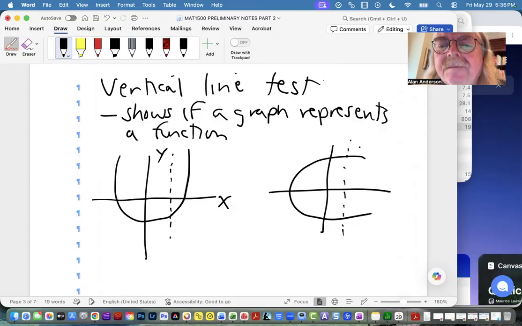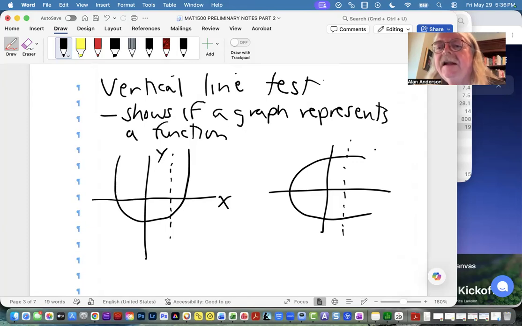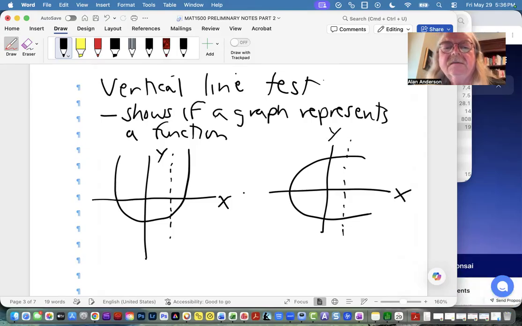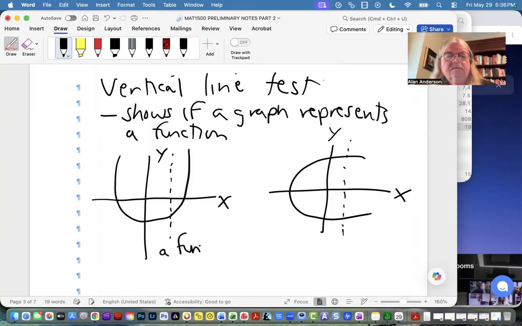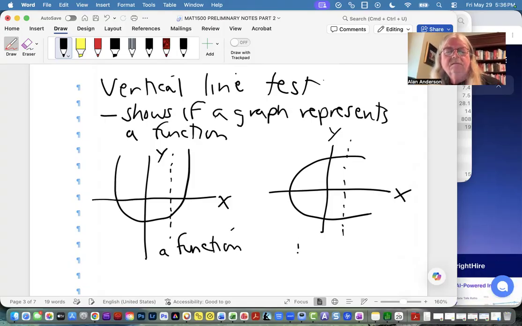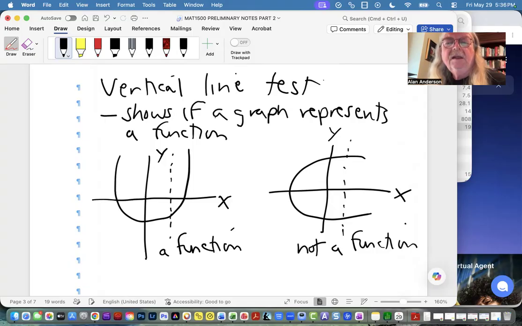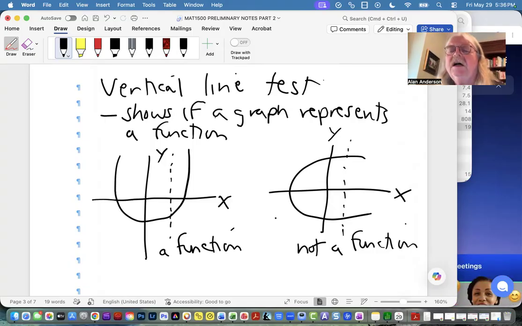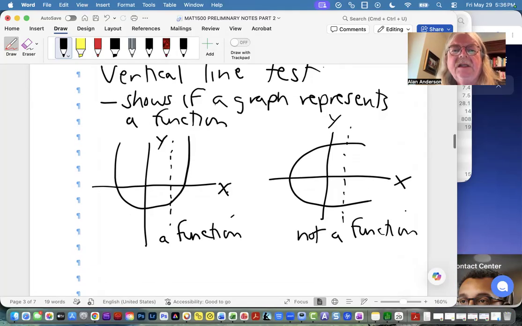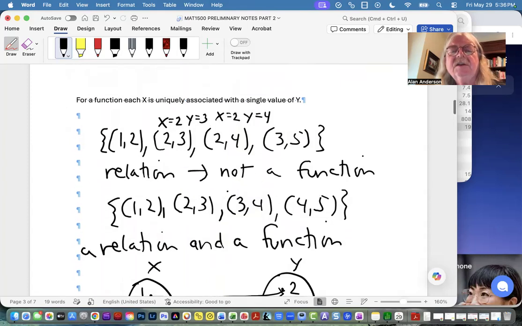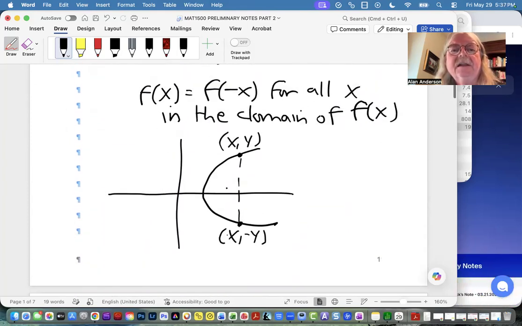I don't know off the top of my head what the equation would be here, but it is not a function. You can tell just by looking at the fact that the vertical line crosses it twice. So there's different ways we can test whether or not a set of ordered pairs is a function or not. Now, the third type of symmetry, besides symmetry from left to right or top to bottom,